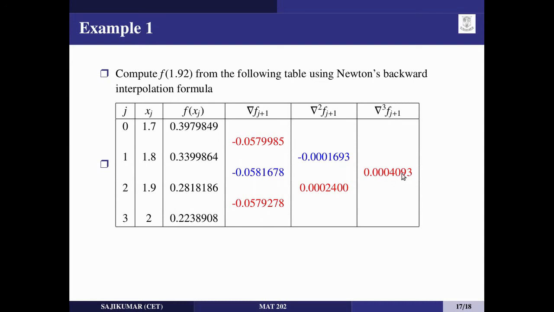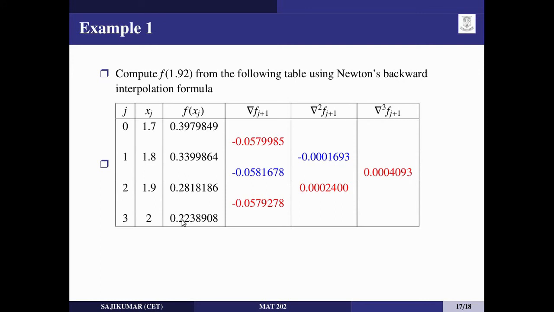And here we can see the backward sloping line, along which all the higher order differences are written. So they are the higher order backward differences. This red pattern indicates the higher order backward differences of the function value